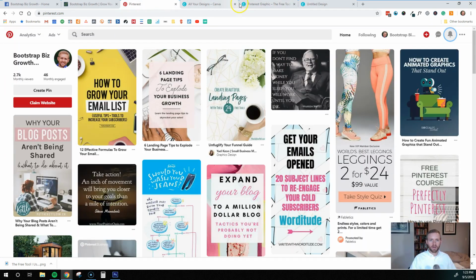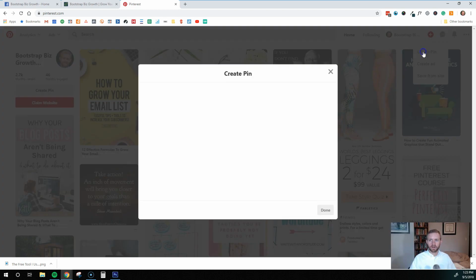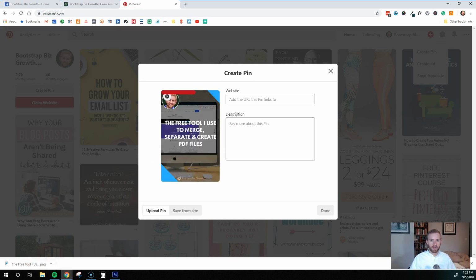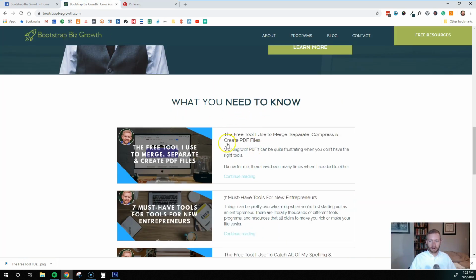Now I'm actually going to go into Pinterest, and what I want to do is hit this little plus button right here. We're going to do create a pin, and now I'm going to drag and drop that image that I just created right there. So that's going to be my Pinterest graphic. That looks good. And then I want to write a quick description about my blog post. The blog post that I'm going to be sharing right now is called The Free Tool I Use to Merge, Separate, Compress, and Create PDF Files. So if I click on that,